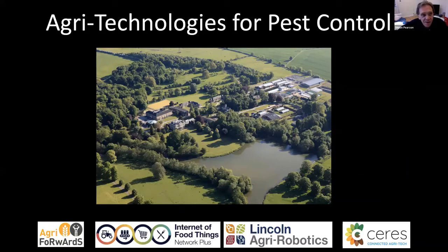So I'm going to talk about agri-technologies for pest control. It's going to be the objective of my research. And I thought I'd just show a quick intro to Lincoln, and this aerial photograph just shows where we work. We work at Riseholme Estate, which is 5 miles north of Lincoln. It was the old agricultural college of the county of Lincolnshire. It's a very famous farming